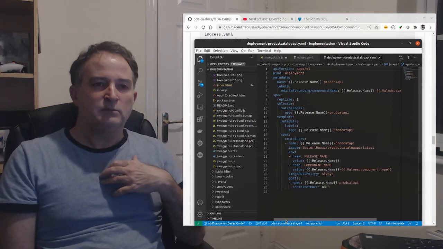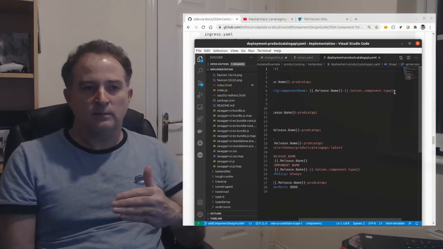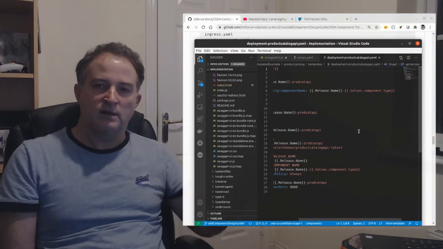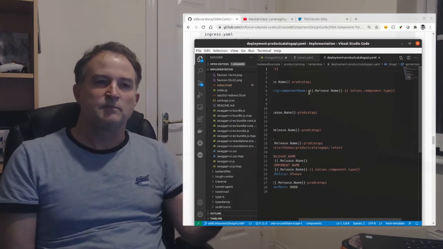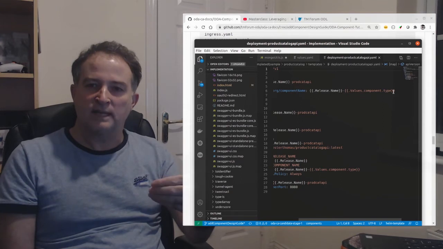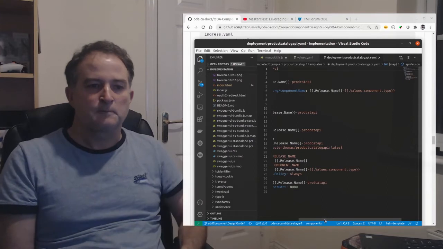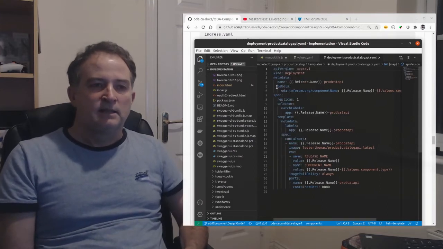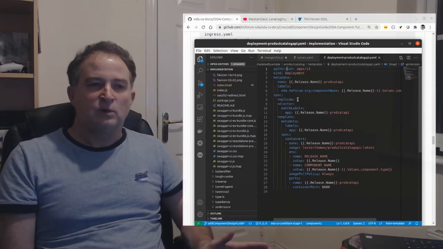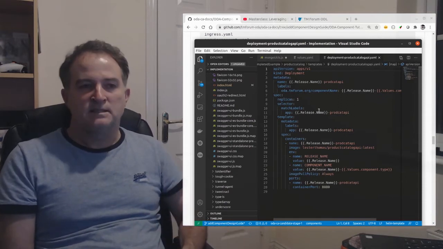The component name, so this is the instance name of this component. So we're going to create the instance name by combining the release name and the component type. So if I did a deployment with the release name test, and then the component type is what's in that values file, so it'll be product catalog. So then this deployment would be a deployment with the name test product catalog, and then I'm keeping it really simple. So I'm just saying this is one replica, and it's matching the label. So when the deployment creates the replica set and the pods, this is the name it's using, which is the